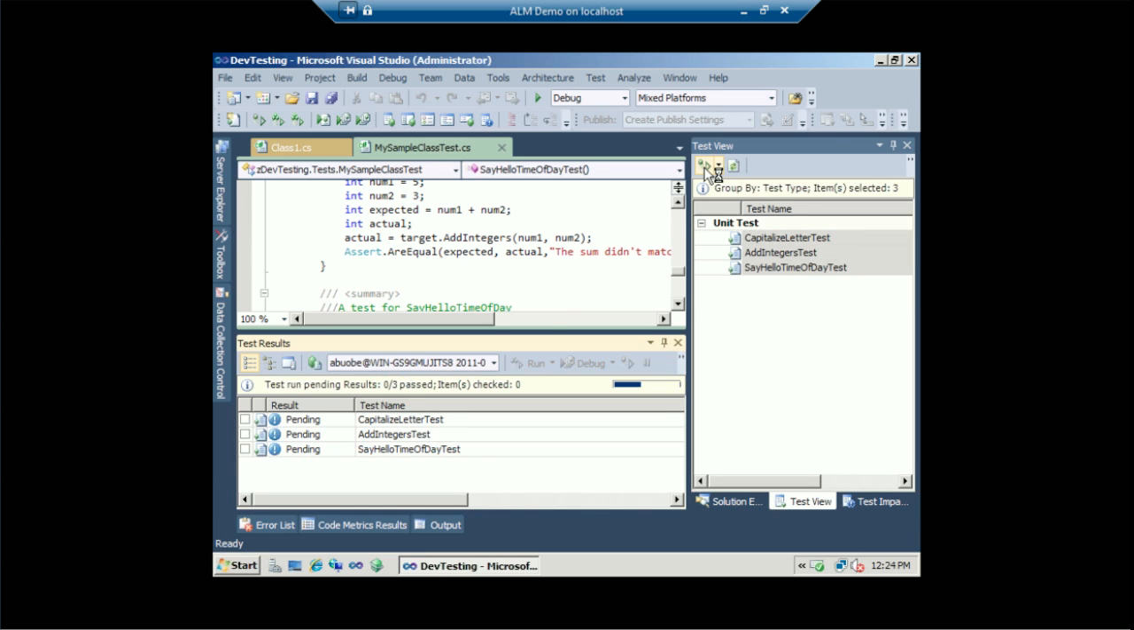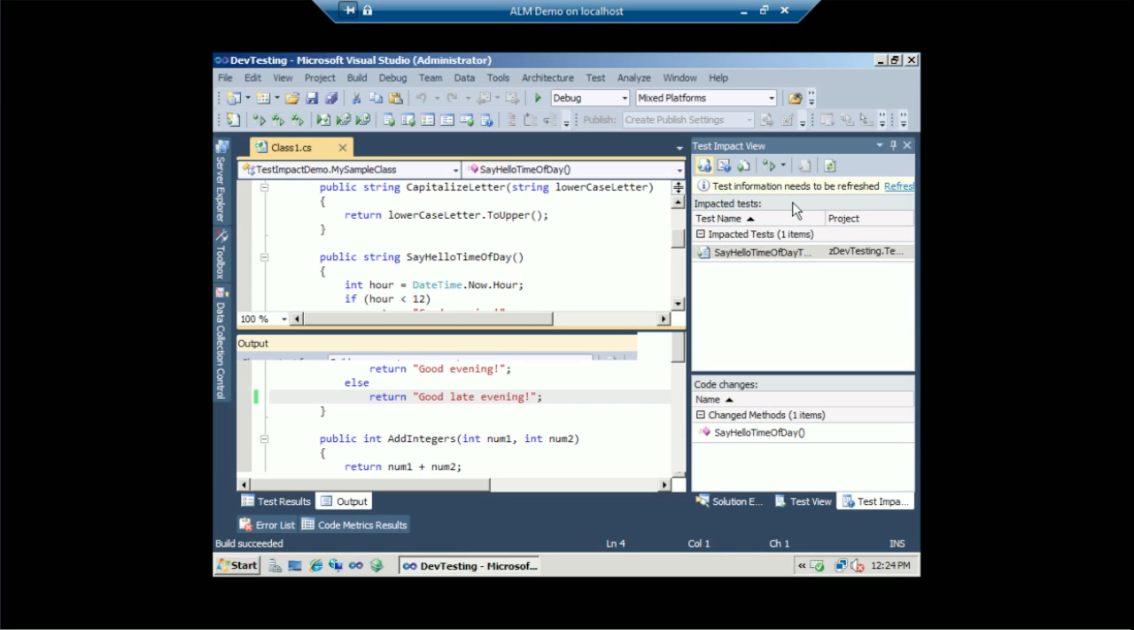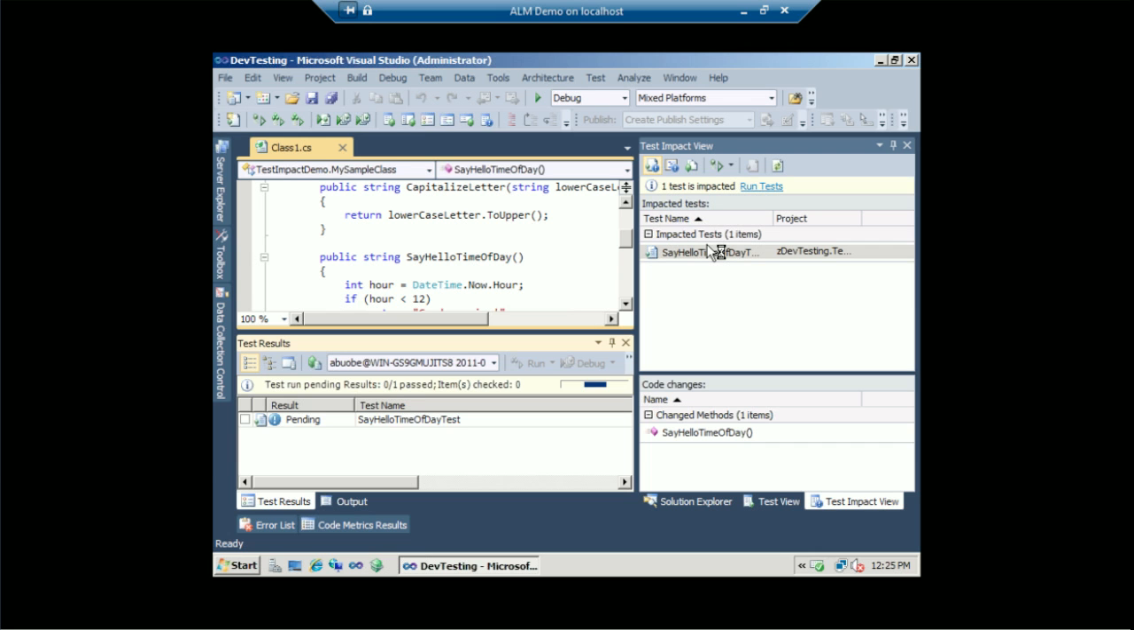See, my test results window pops up, starts pending the tests. Okay, and it shows they've all passed just fine, so that's good. So now let's see what happens if we make a change. I've got a test impact window over here as well. It says there's nothing that's been impacted by any changes I've made. So if I want to go ahead and make a little change here, let's change this time of day. We'll say something like, instead of good night, we'll say good late evening,